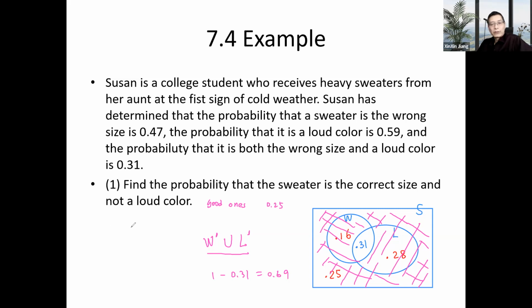We introduced De Morgan's laws, which say the complement of the union equals the intersection of the complements. And the law goes like this, but obviously it's an equation, and you can go from left to right, from right to left, doesn't matter. So the probability of the union of the complements is 1 minus the probability of the intersection. I'm using the complement rule here.